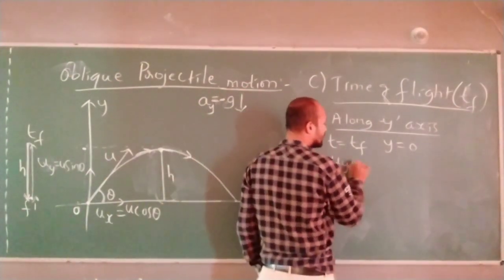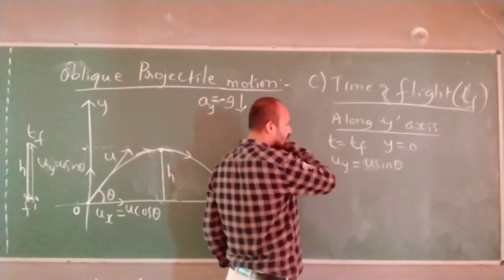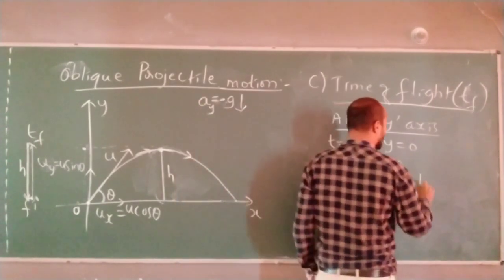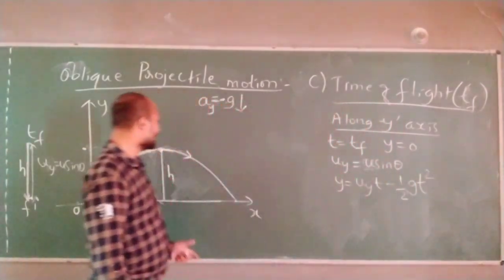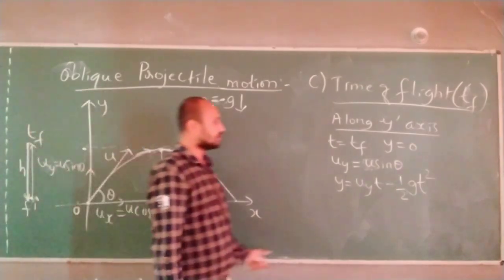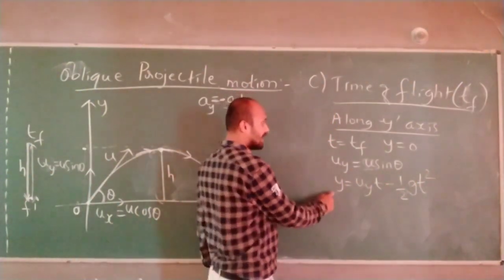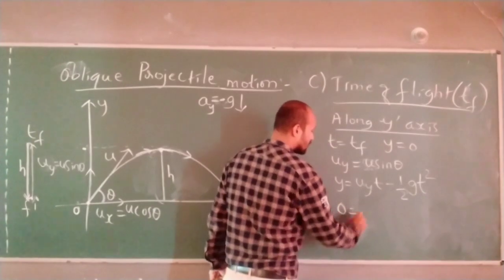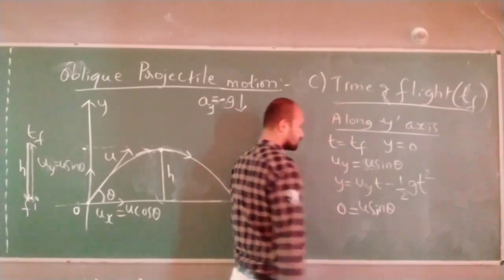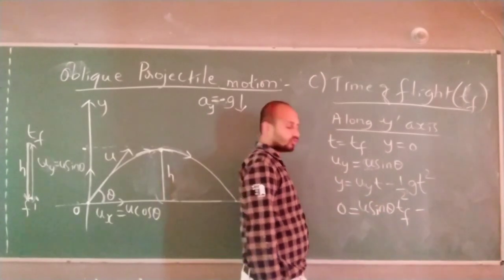The initial velocity, if I take, will again be u sin theta. So using y is equal to uy t minus half g t square. This is like ut plus half at square; in this case, g is acting downward, as I am talking about the particle which is moving upward. Correct? y is equal to uy t minus half g t square. What is y here? y is equal to 0. What is uy? uy is u sin theta, into tf, minus half g tf square.